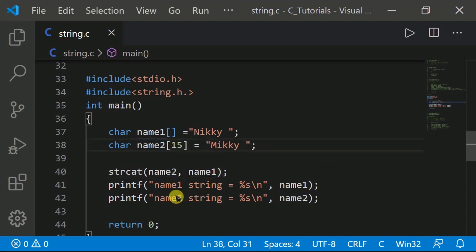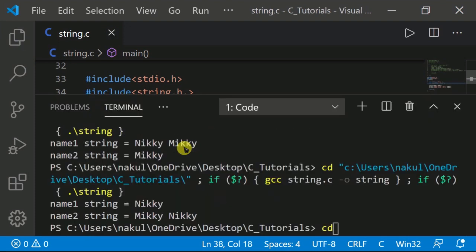Here, name 1 string equal to %s, for the string.h header file or this string function, and then print name 1 and likewise name 2. So this is the use of the strcat function. If you decrease its length to 10, then it doesn't print Nikki Mickey.